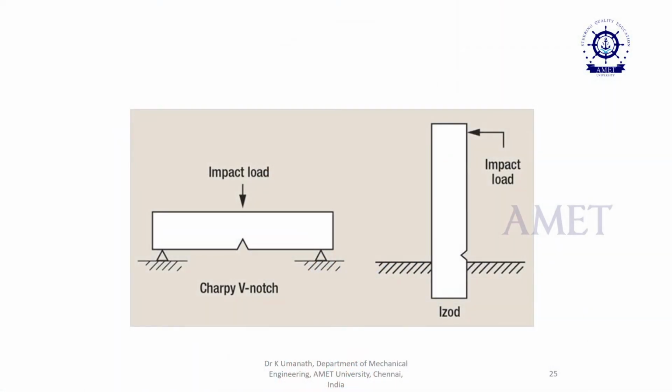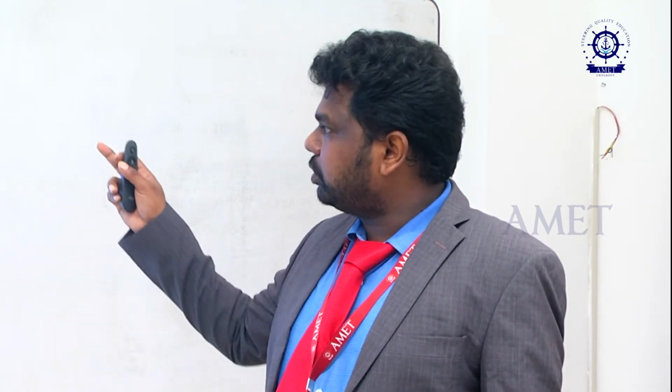Then, importantly, the specimen size is important. Here the Charpy V-notch specimen is given, and the Izod specimen is given here. Normally for Charpy, the loading condition is horizontal for the specimen and the impact load is in the middle. For the Izod test specimen, the impact should be at the corner, and the V notch may be at one third of the size. You should apply some load to find out the joules.